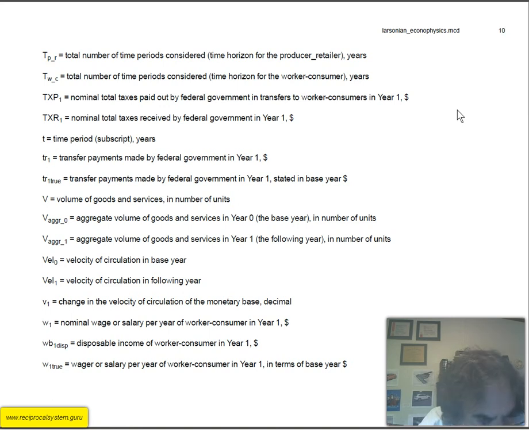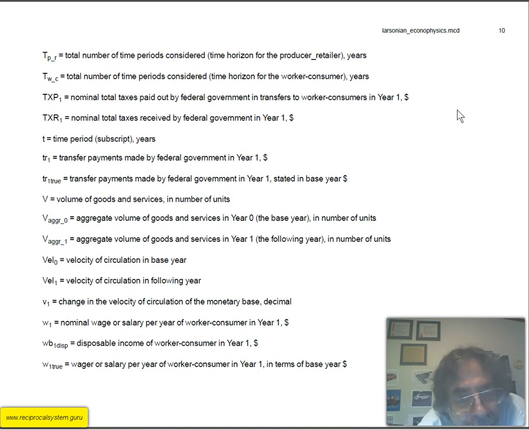Small v sub t equals change in velocity of circulation of the monetary base, decimal. W sub 1, I'm sorry, that was v sub 1. Getting these ones and t's confused. Anyway, W sub 1 equals nominal wage or salary per year of the worker consumer in year 1. WB sub 1 DISP is the disposable income of the worker consumer in year 1,